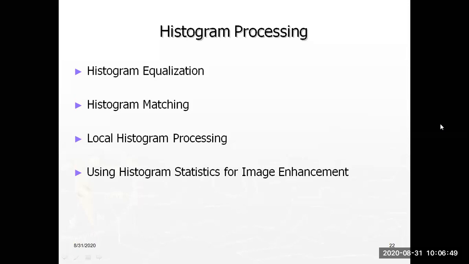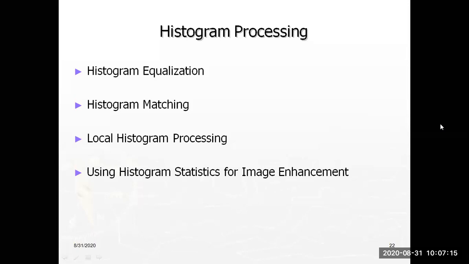Histogram is defined as the number of pixel values which are having some particular intensity value. That means simply it is a probability. So what is the probability of a particular pixel value? How many times can it be repeated over an image?